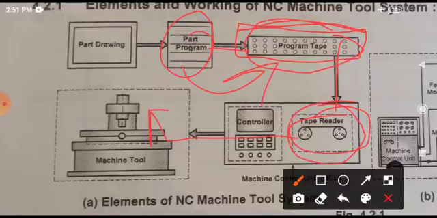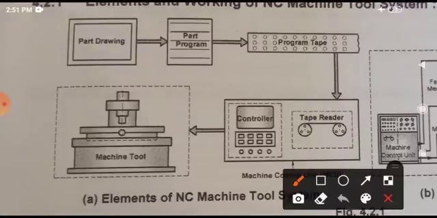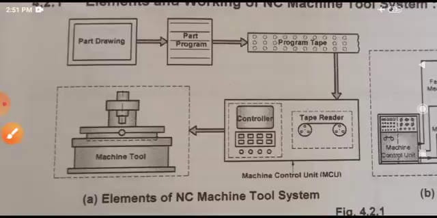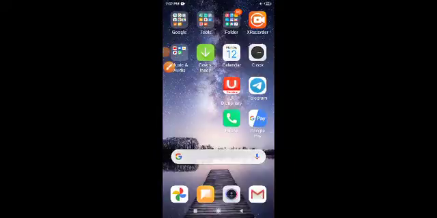All these parameters are programmed on this tape and fed to the controller, and via that controller the instructions are given to the different machine components, which perform the functions.